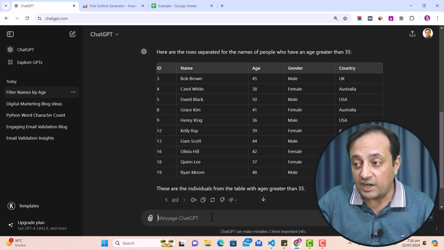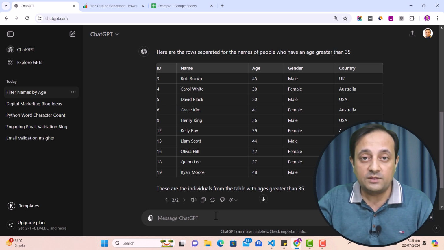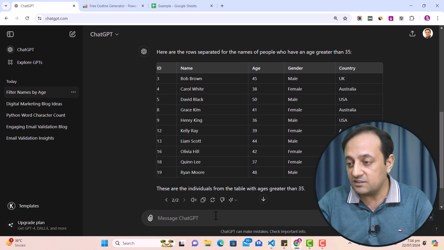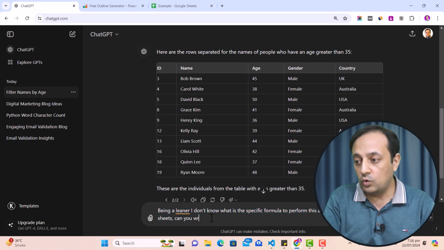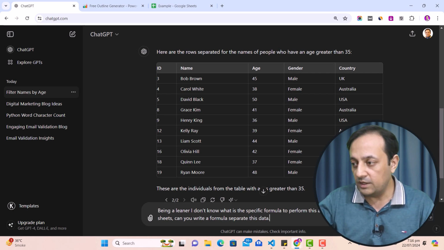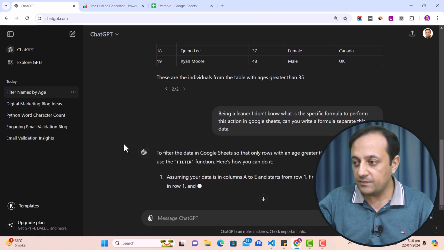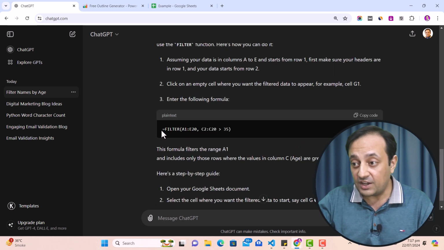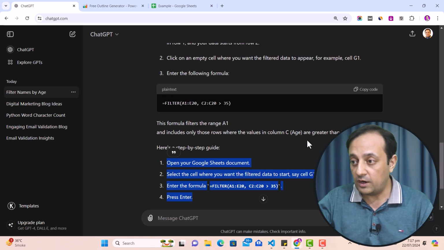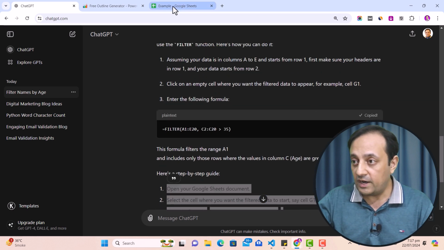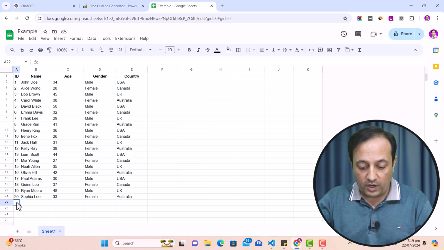Now let's ask ChatGPT to write a specific formula that can perform this action. So I shall ask ChatGPT, being a learner, I don't know what is the specific formula to perform this action in Google Sheets. Can you write a formula to separate this data? And then click enter. You can see friends, and here is our formula and also guiding us step by step how to use this formula. So I shall copy this formula and go back to my sheet and then paste our formula here,